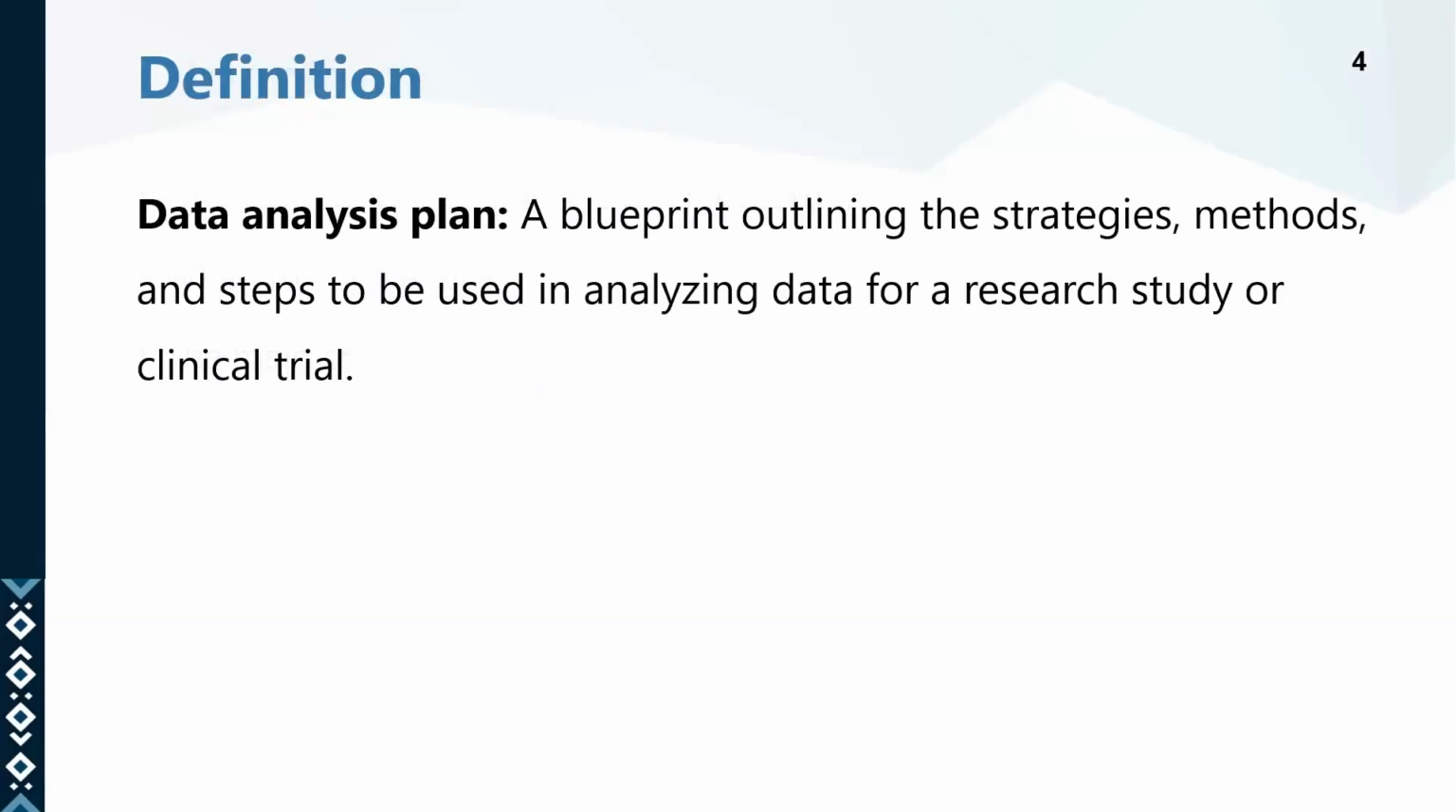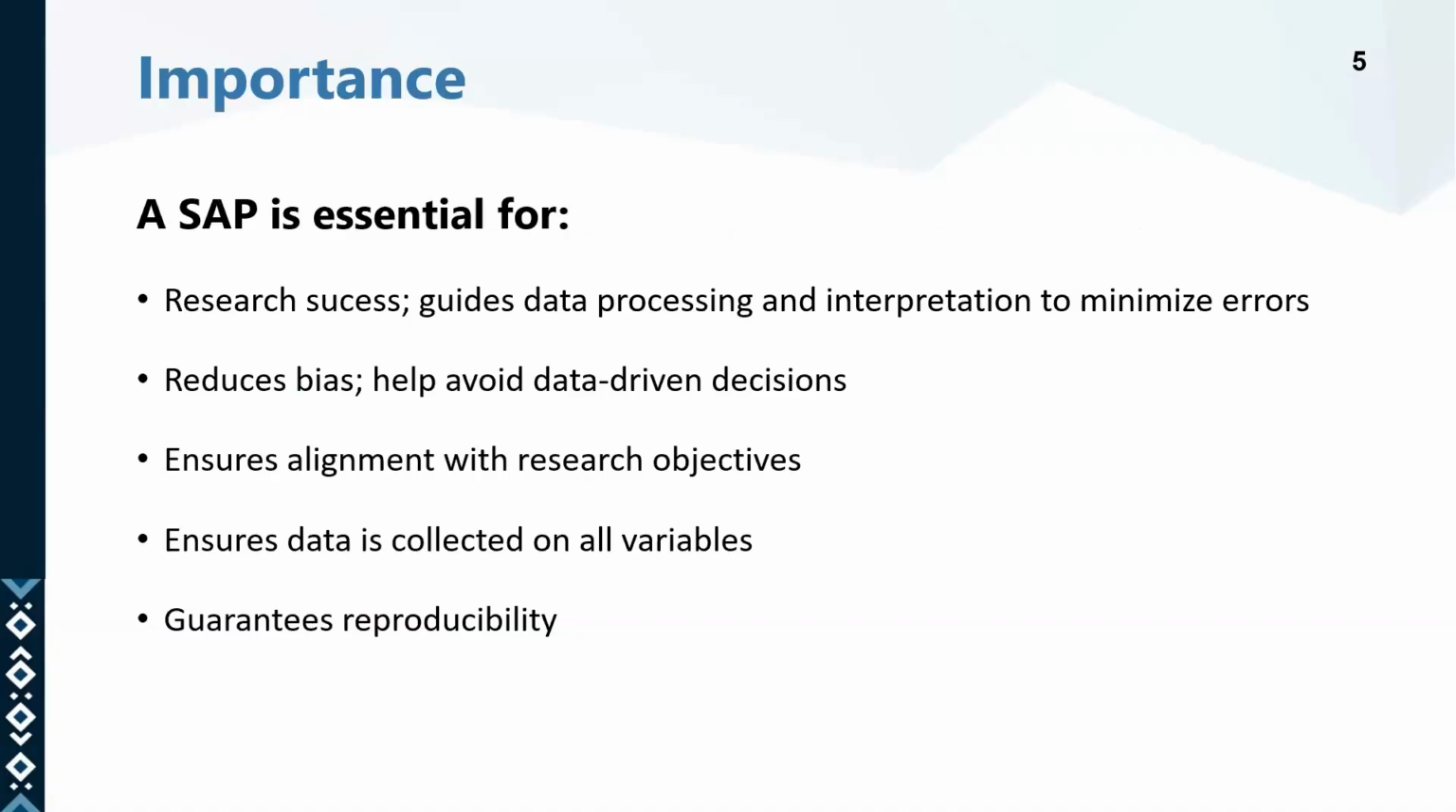So a statistical analysis plan is a detailed document outlining the different strategies and statistical methods we are going to use in analyzing the data for a research study or a clinical trial. It is important because it helps us to be able to interpret our data normally and reduce the possible errors that might arise when we are concluding in our study, reduce potential bias that is always involved,